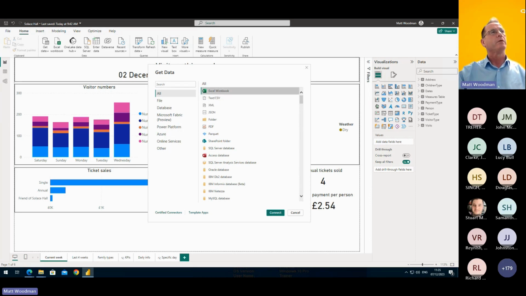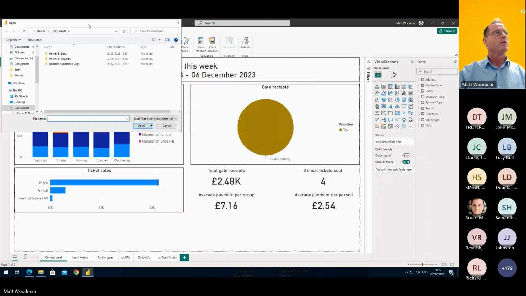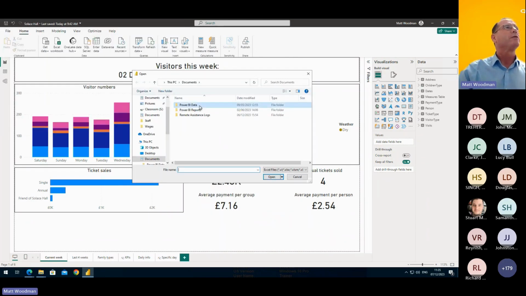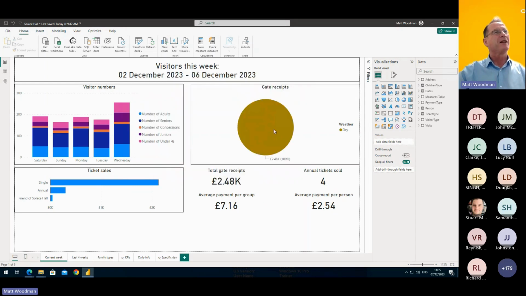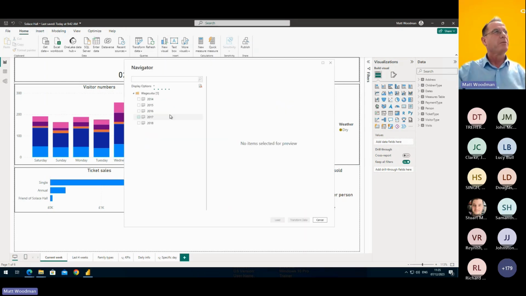So for example, an Excel workbook, if you want to connect to the data, all you have to do is browse to where the workbook is, Power BI data, wages. Actually, that's staff, oh no, that's CSV files, whoops, wages. So if I connect to a workbook, it's got multiple sheets in, so I just select a sheet,